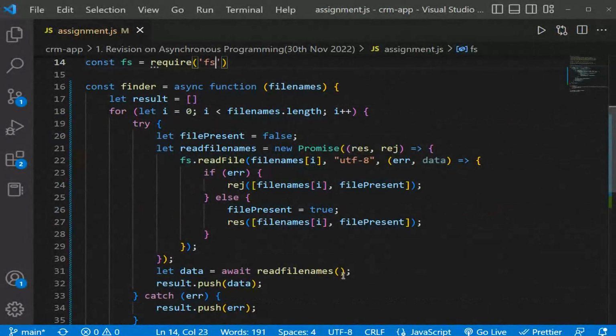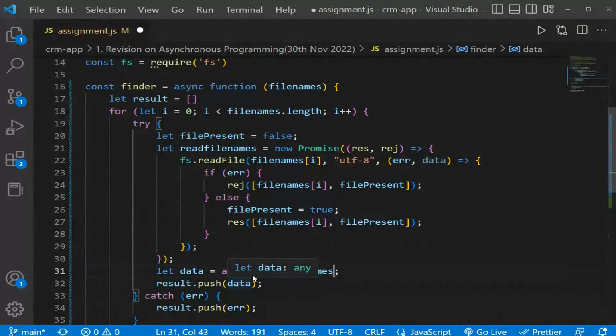No, this is. Just give me 1 second. Read file names. Here's a promise. Await.